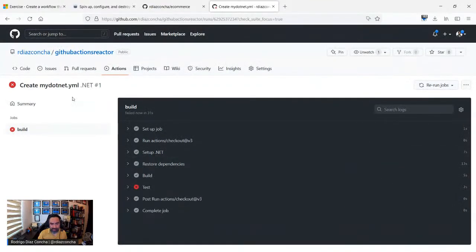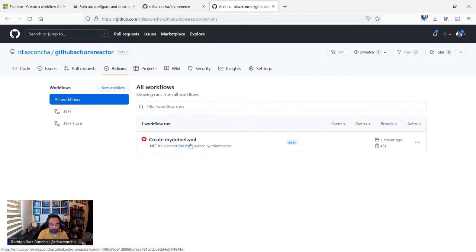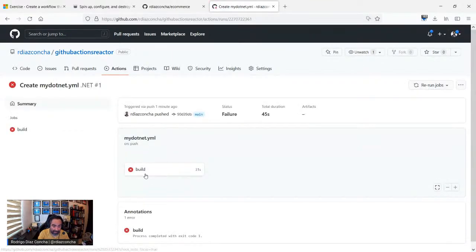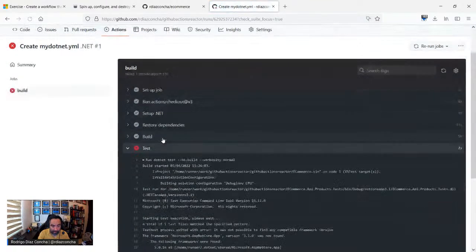So this is the regular workflow that we use when specifying GitHub Actions, okay? We can see that the workflow is running. Maybe the workflow was successful or not. And if it wasn't successful, we can go back and just fix the error. In this case, if I click on the build